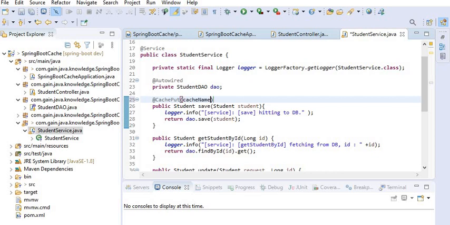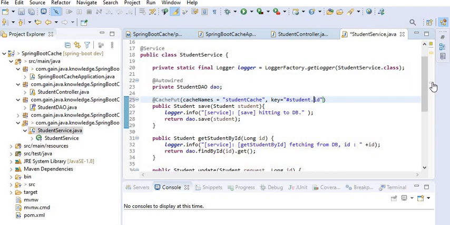And here we need to define cache names, that we can define any name, student cache, and like this. Here we need to define key. If we do not define it, it will be generated automatically. Here I am using ID as a key, so I will use student.id.